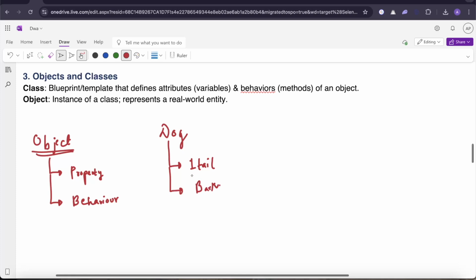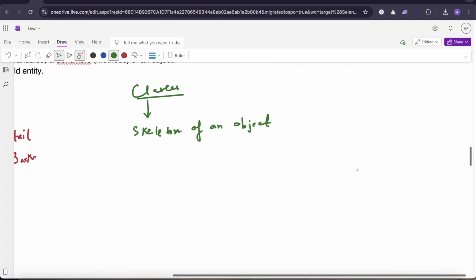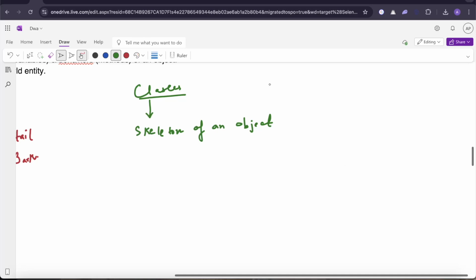Okay. Cool. Now, when we say classes, you can understand classes are simply the skeleton of an object. Okay, now I will explain how classes and objects combine together to solve the problem which we faced in procedural programming. Let's create a class. Okay, let's create a class and let's try to understand that. So we will create a class. For example, class